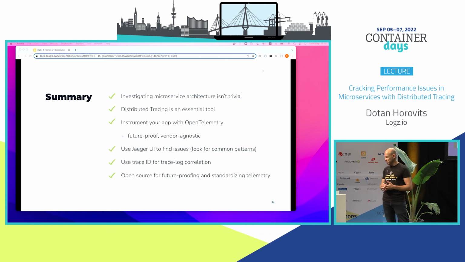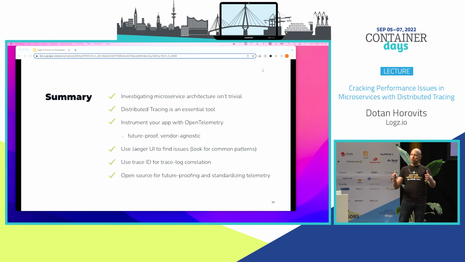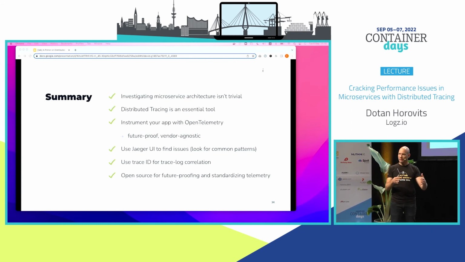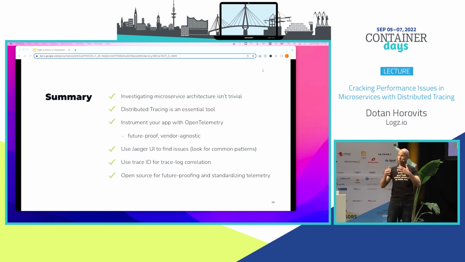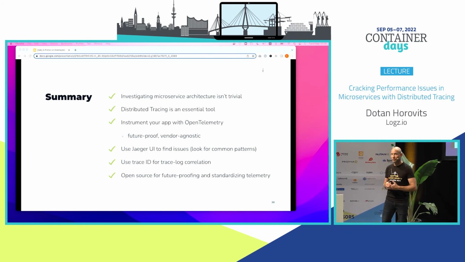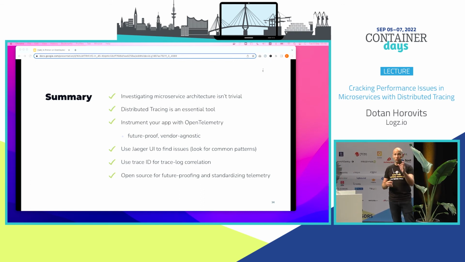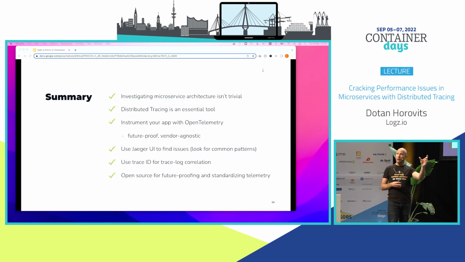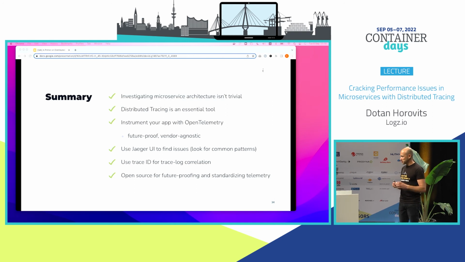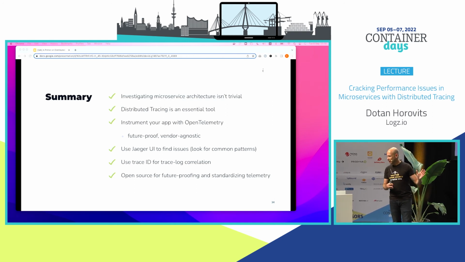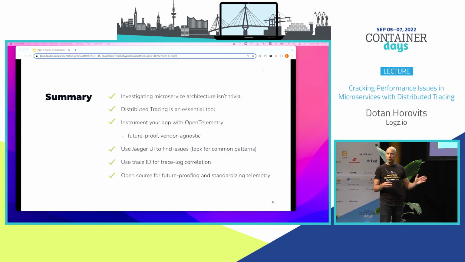We've seen it also here in the audience. The recommendation is to instrument your application using OpenTelemetry. It has SDKs that you can instrument per language, and that keeps you future-proof and vendor-agnostic. And then use Jaeger as an analysis backend to analyze your performance. We saw some common patterns of what we'd be looking for in the timeline view. Use the trace ID, I remind you again, also with your logs so that you can correlate trace and log data. And as you've seen, open source is definitely future-proofing and standardizing this topic, so check it out,